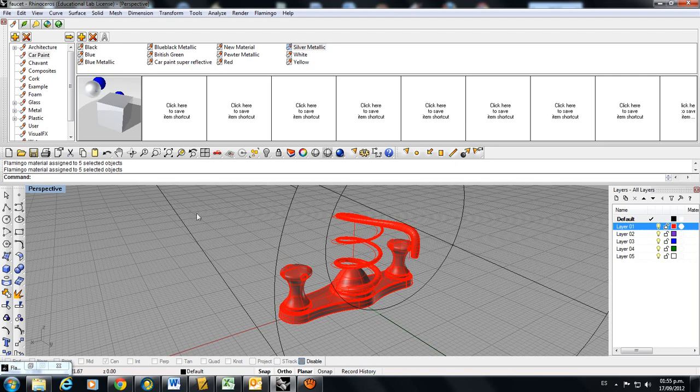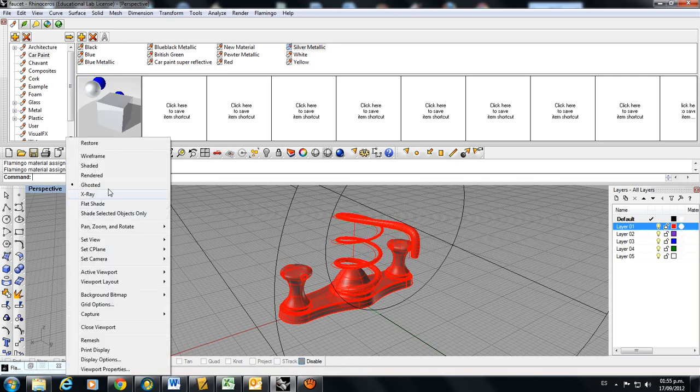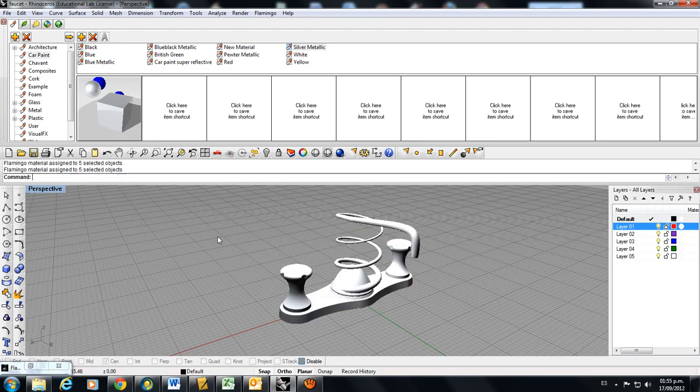And you won't see the difference until you pass from ghosted view to rendered. Okay, so here the materials are placed. You can't see the ground plane, you can't see the background image and the lighting until you render completely. Okay, now we have the materials for the faucet, we have the lights, and now we need some ground plane